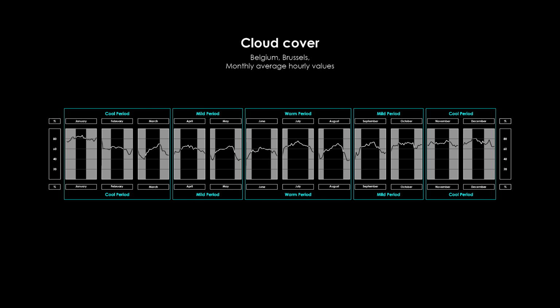Here in the y-axis, you can see time as a percentage, and on the x-axis, you can see the average hourly monthly values for each month. Something we can see when looking at this graph is that as we move from the cool period to the warm period, cloud cover at night tends to start to disappear, or at least drops or diminishes, whatever you call it. That hints at the possibility of using nighttime ventilation as a cooling strategy.